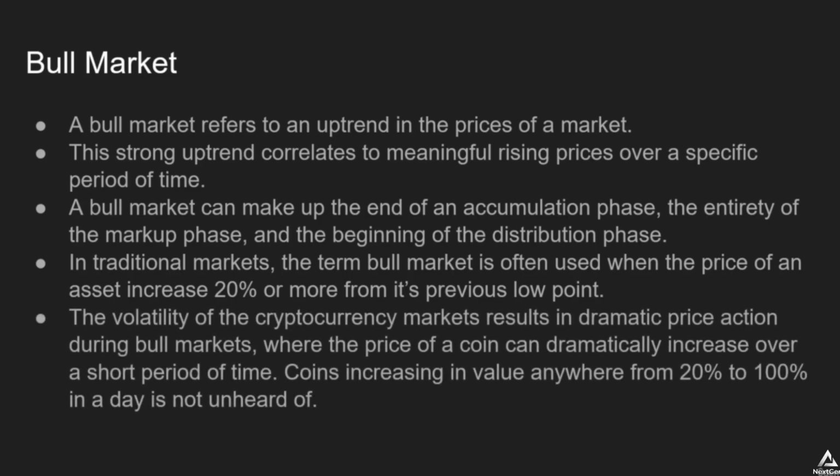And the volatility of cryptocurrency markets results in dramatic price action during bull markets, where the price of a coin can dramatically increase over a short period of time. Coins increasing in value anywhere from 20% to 100% in a day is not unheard of. And at the time of recording, we are currently in a bull market, and it is fairly common to see certain lower value coins all of a sudden just shoot up in value, where they'll increase over 50% in the